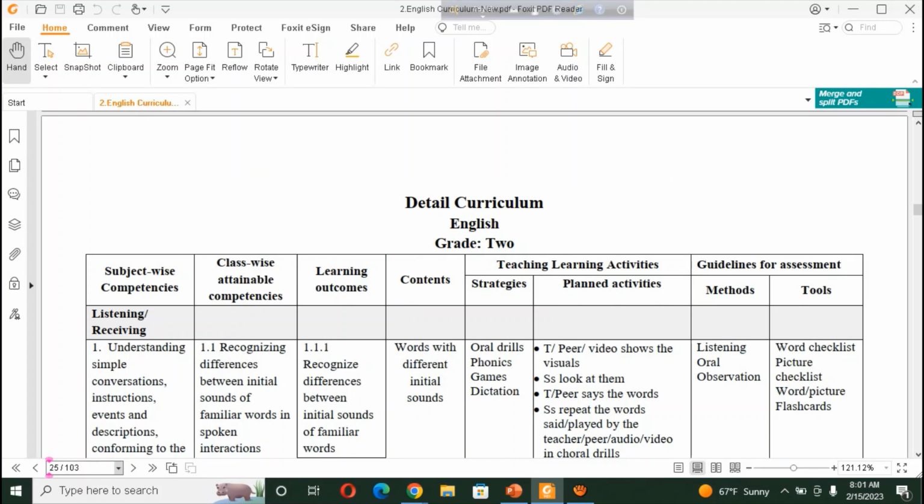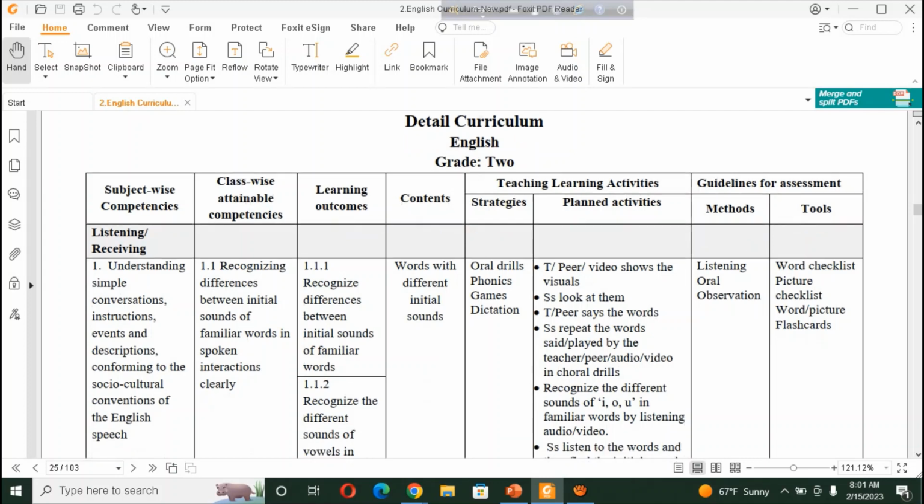Already we have discussed class 1 in our previous tutorial. So this is the detailed curriculum for class 2. This will be changed in upcoming years in our textbooks for grade 2 to 5, and here this curriculum will be added. Okay,